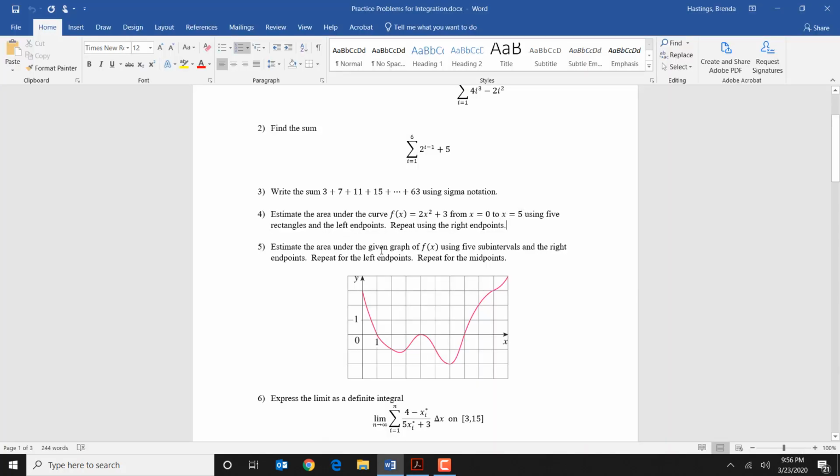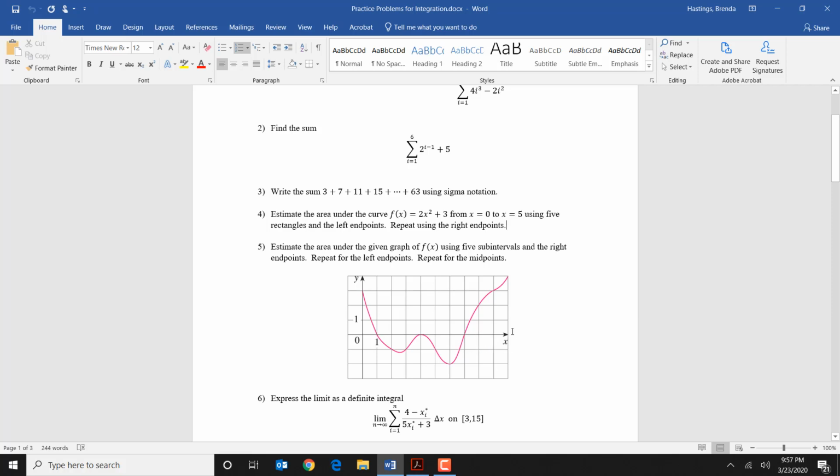Here we want to estimate the area under the curve with 5 subintervals. We want to use the right endpoints, the left endpoints, and the midpoints. So we're breaking this up from 0 here to 1, 2, 3, 4, 5, 6, 7, 8, 9, 10. So you can see we're 0 to 10. We're breaking this up into 5 subintervals. So we have the subinterval from 0 to 2, 2 to 4, 4 to 6, 6 to 8, and 8